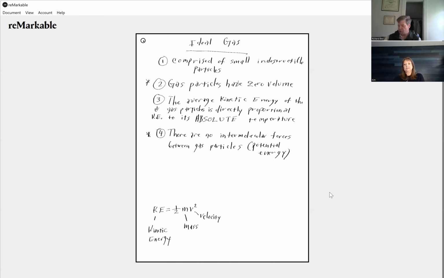I used to teach the gas laws the way most textbooks do. Your textbook, no doubt, starts going into Boyle's law at this point, and Charles' law, or Chuck's law to his friends, and all of these different things. I had a student point out to me,